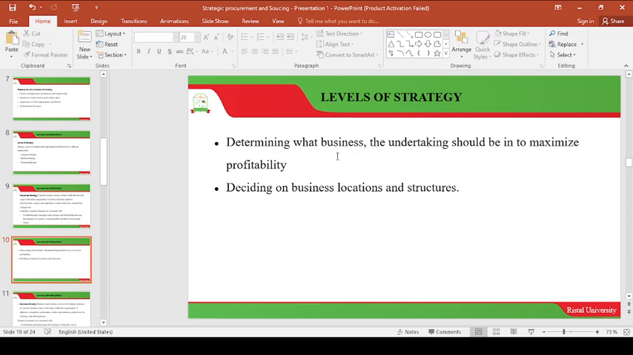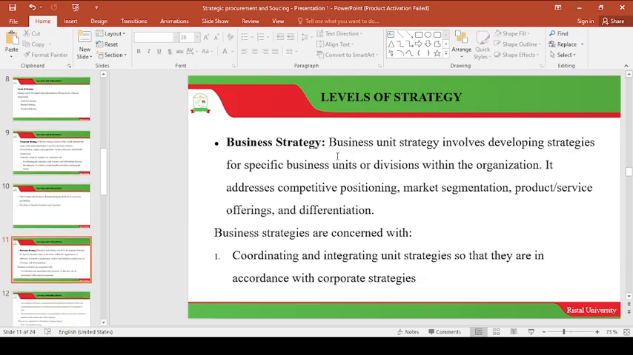Okay, so we look at the second level of strategy, that is the business strategy, or some others call it the business unit strategy. The business unit strategy involves developing strategies for a specific business unit or divisions within the organization. So it addresses competitive positioning and market segmentation. You choose a single market or niche, a small market where you concentrate